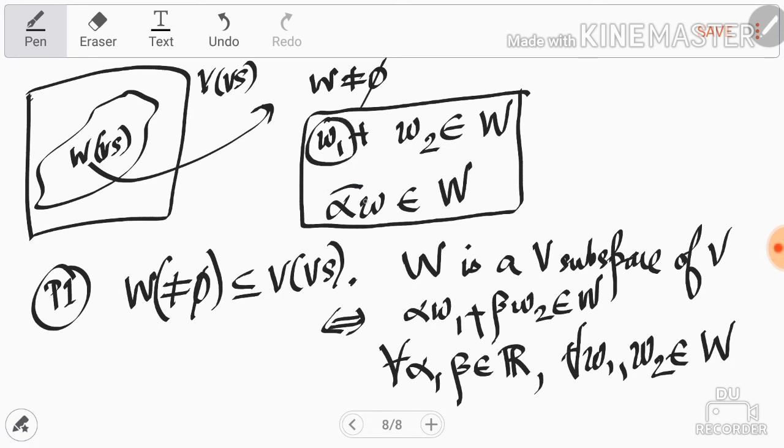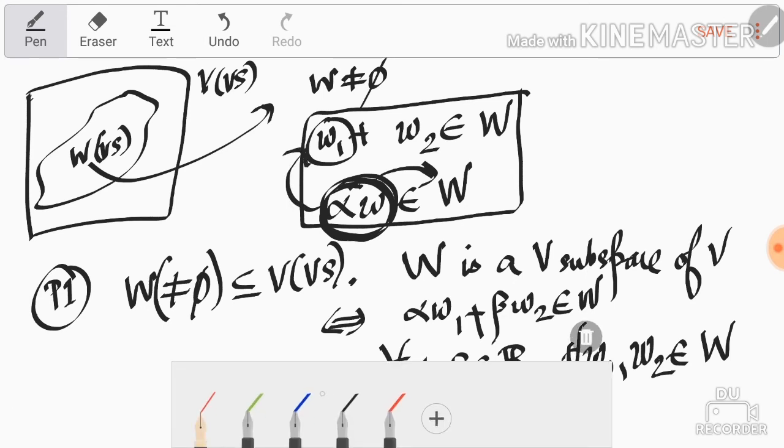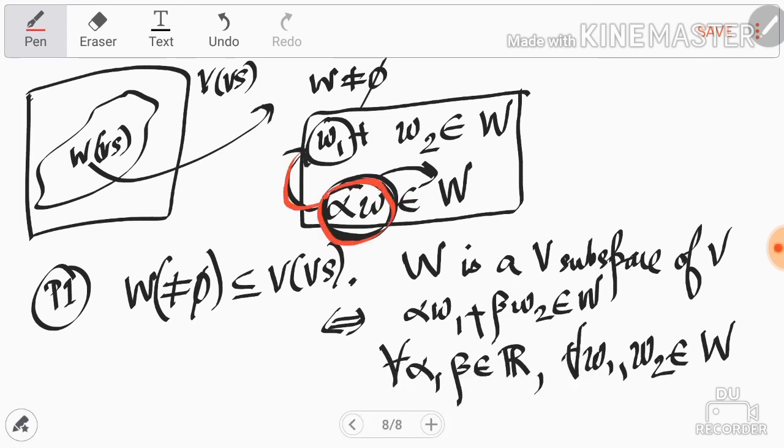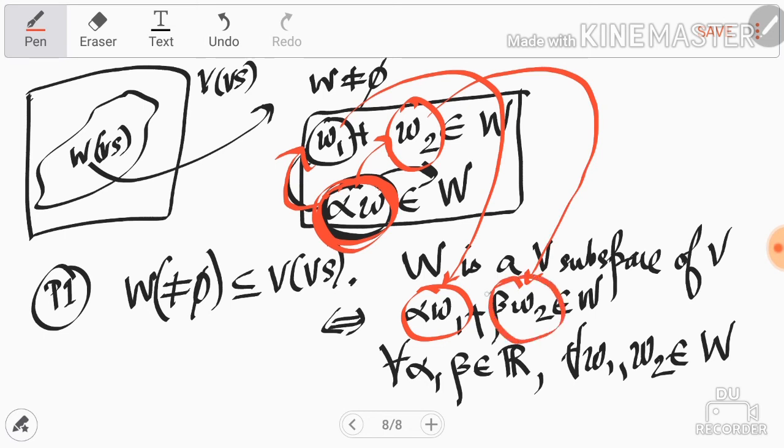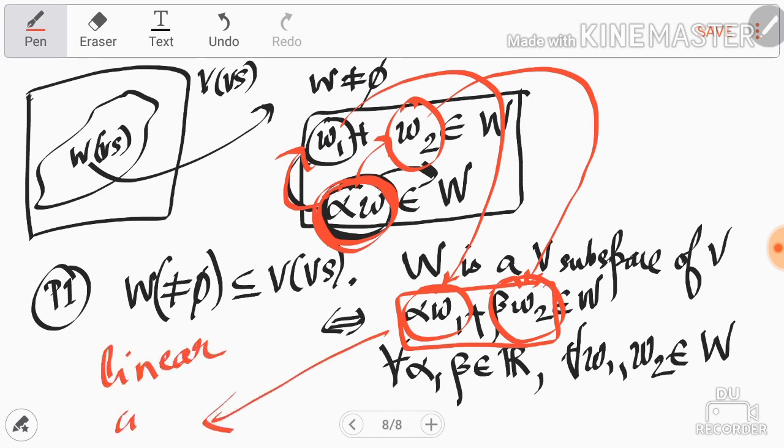As we already saw, all scalar multiples of all vectors of W lie in W. So the scalar multiple can be fit into this, and this thing can be accommodated into this with the help of some other scalar, and you will get something like this. So this new thing is called a linear combination